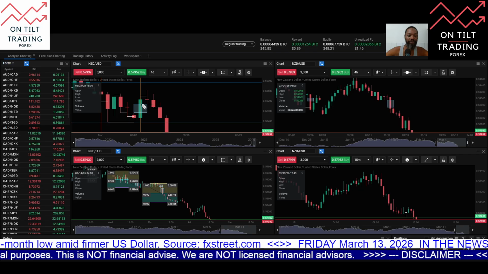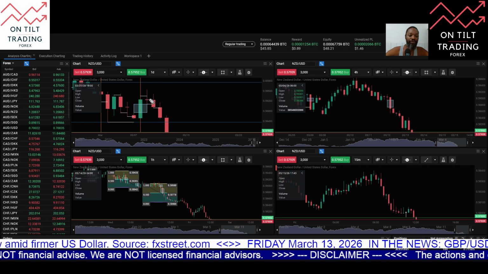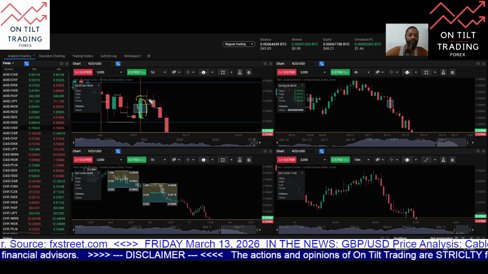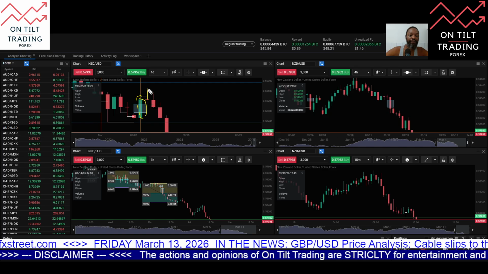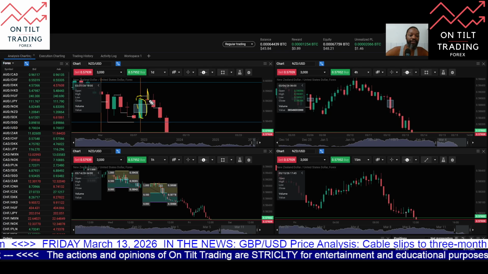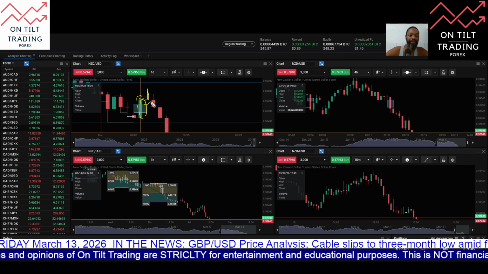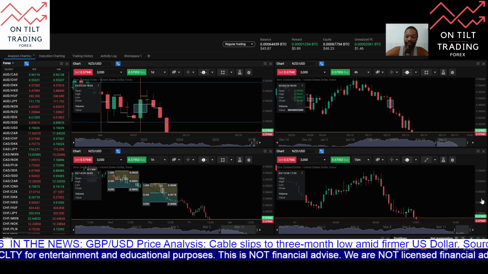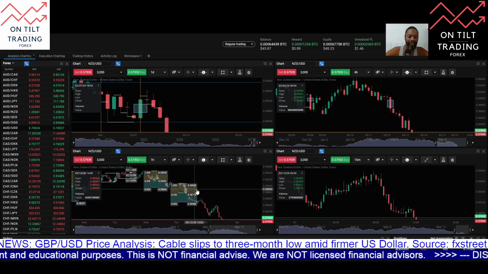So the Kiwi dollar trade set up on Tuesday. So this is Monday's candle here. Tuesday's candle trades above the range of Monday's candle, but then closes back inside the range of Monday's candle. This gave me a sell side drawn liquidity. With that,